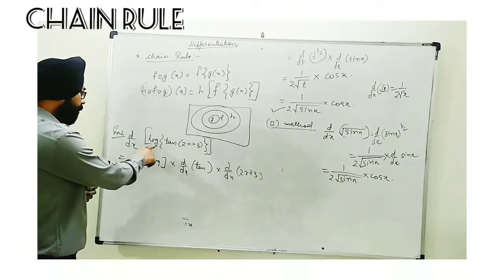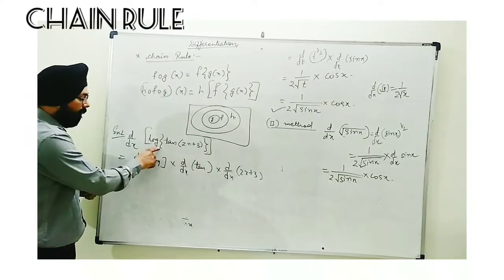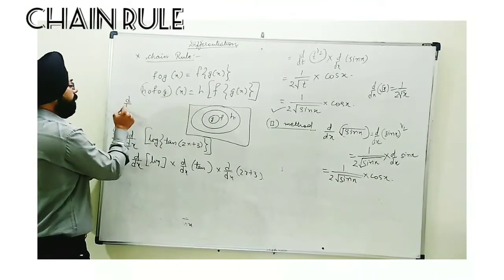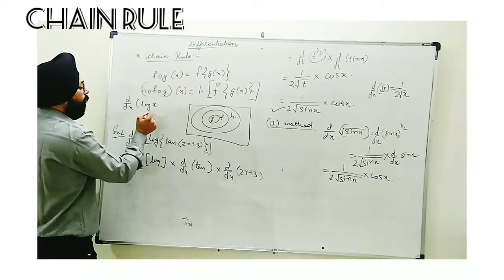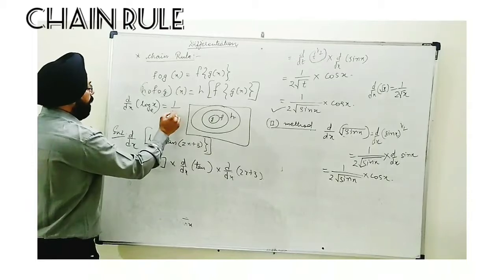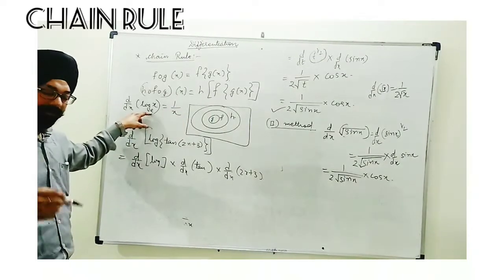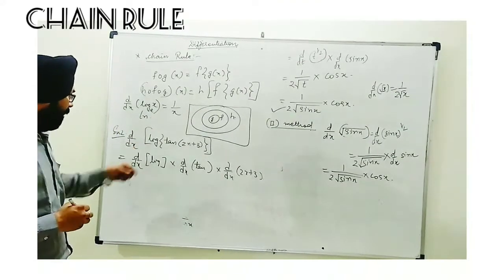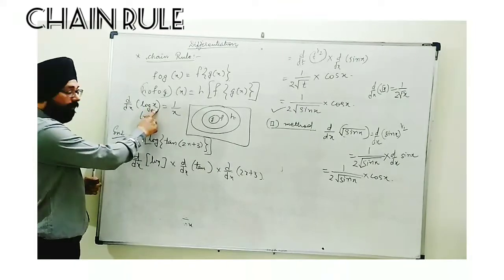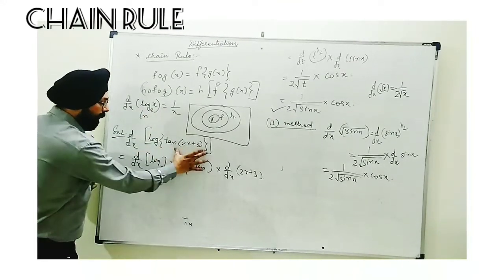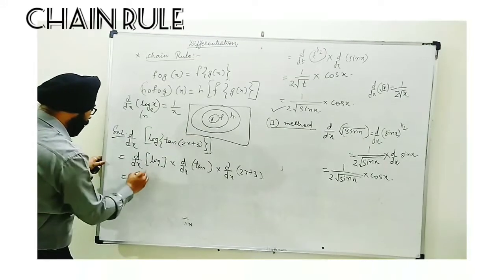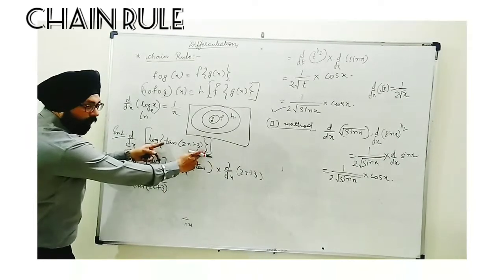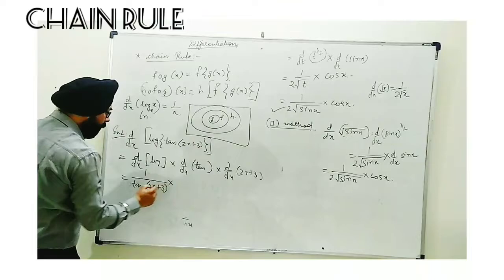Now we will think of this log first. As I see, log is given with the base e. So you might have seen in the list, d by dx of log x, or to the base suppose a, is given. This is directly 1 upon x. In general, when the base is not written, it is e, or this is written as ln also, natural log. Now, when I differentiate, as log is given with x, it becomes 1 upon x, but log is given with this bracket, so d by dx of this whole first will be 1 upon tan 2x plus 3. In place of x, whatever the function is will come down in place of x, into d by dx of tan.